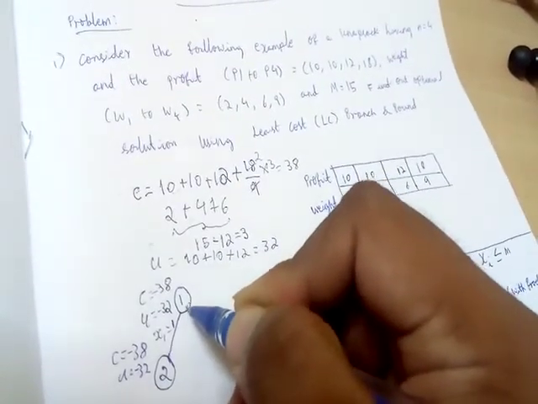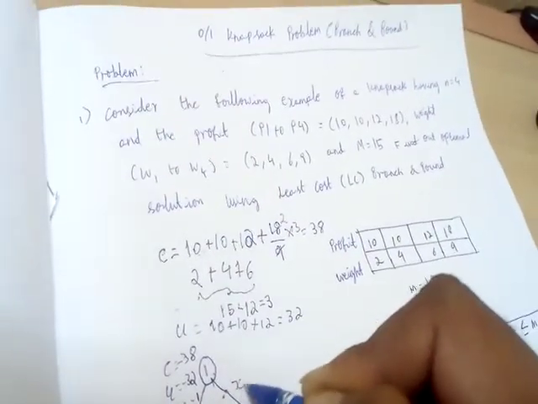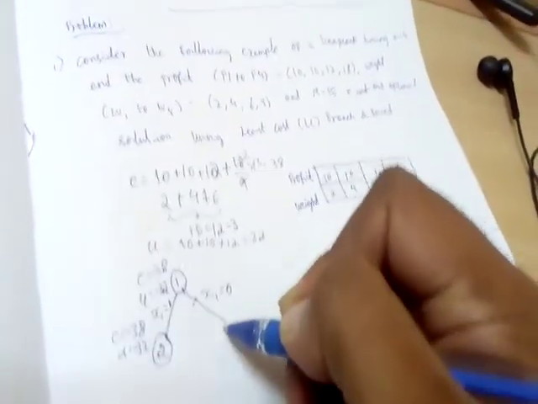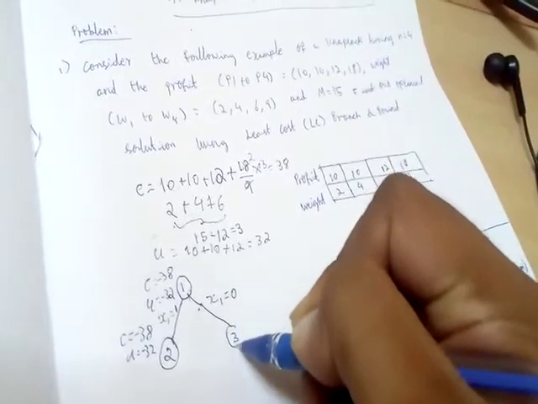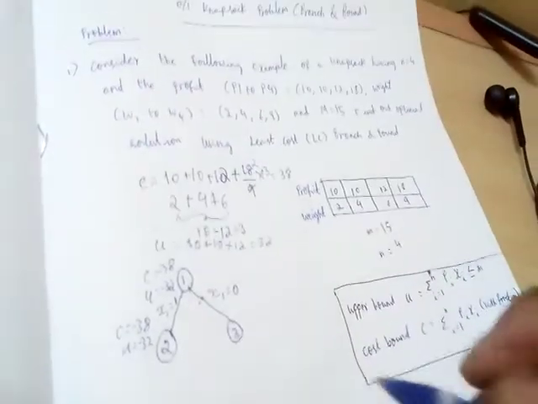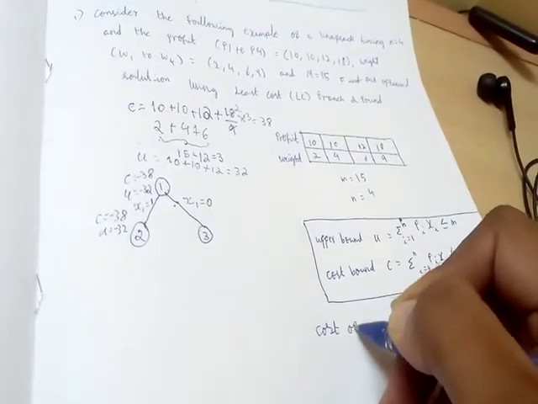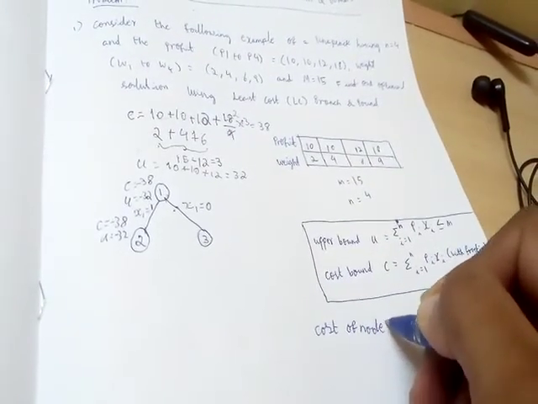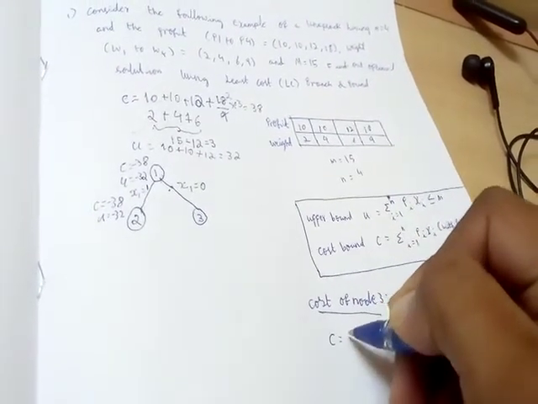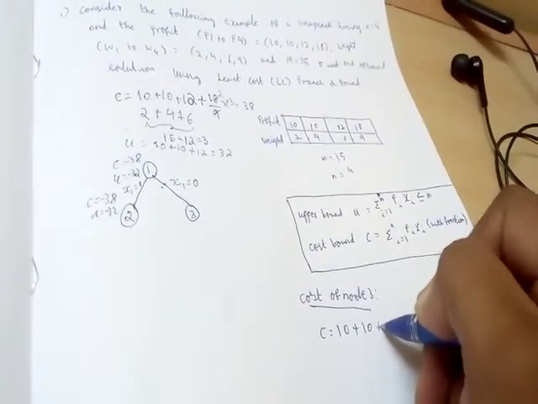Then I have to consider one more scenario, where the first item is not inserted. This scenario will be represented by node 3. Now I have to find out the cost of node 3. In order to find out the cost of node 3, I will consider a scenario where first I will add 3 items.